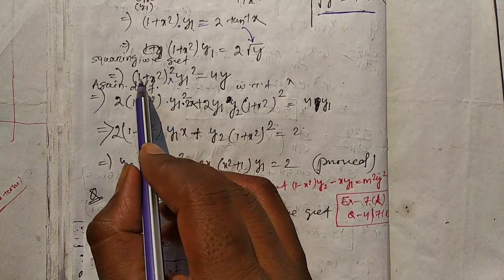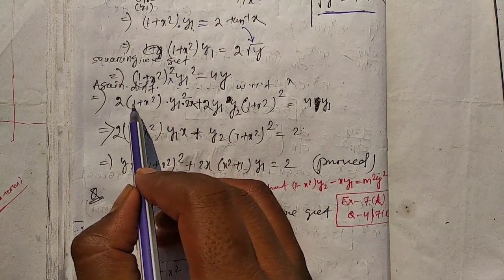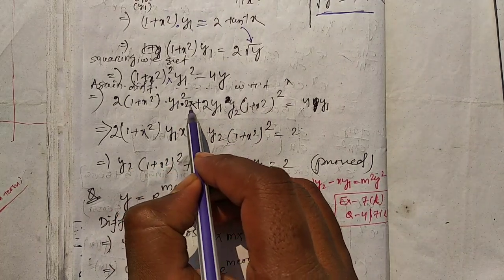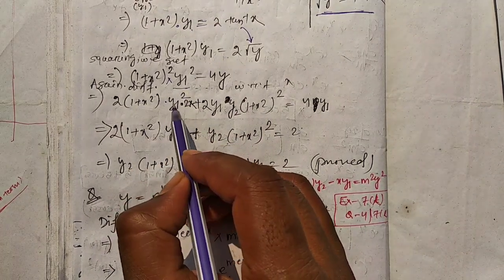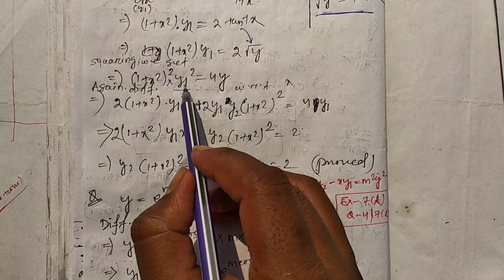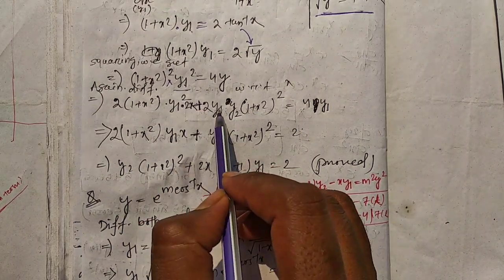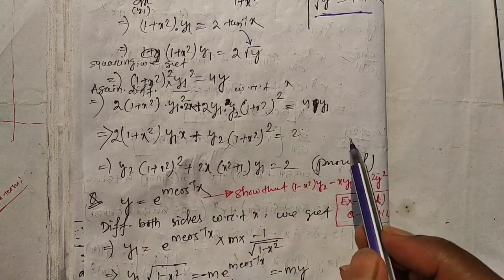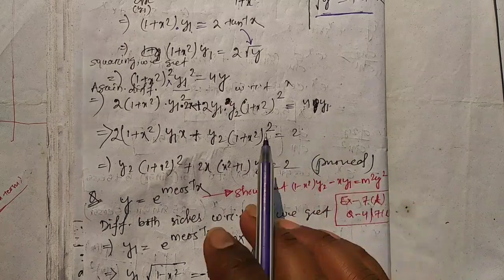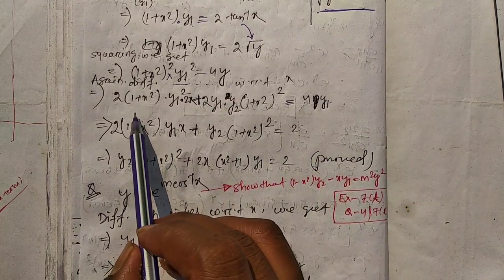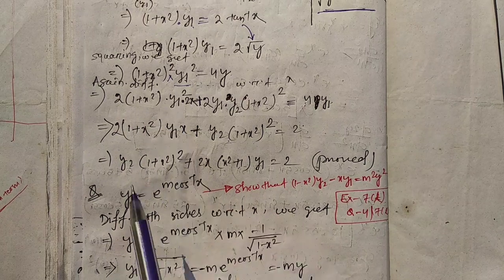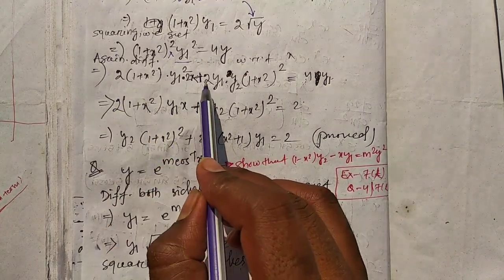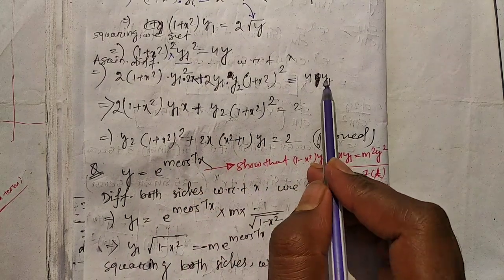That is, derivative of the first one, 2x, whole into 1 plus x square. Again, derivative of 1 plus x square will be 2x, I have written here, into second, that is y1 square, plus derivative of second, that is 2y1 into y2, whole into first, is equal to, on the right, 4y1. So everyone observe, here the term 2y1 will be cancelled out on both sides. Here 2y1 is there, 2y1 is there, here also 2y1 into 2 is there.